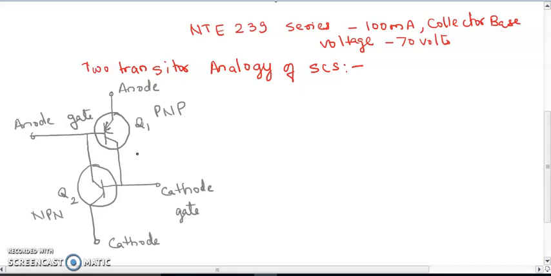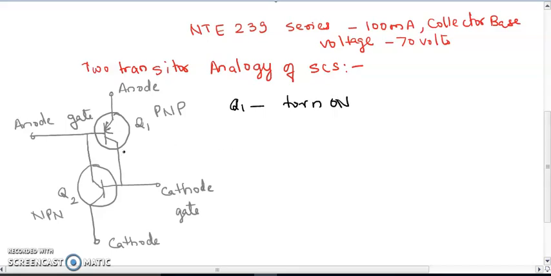Now, the explanation or working of the silicon controlled switch. A negative gate pulse is applied to the anode gate. So the base emitter junction of Q1 will be forward biased and it will turn on Q1.